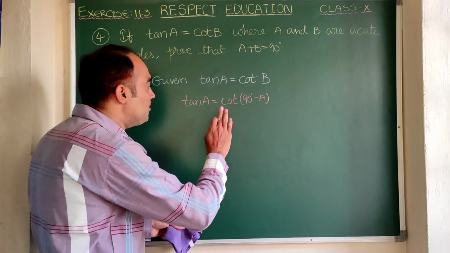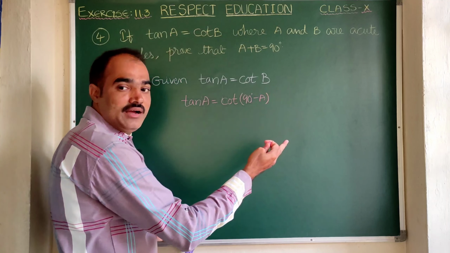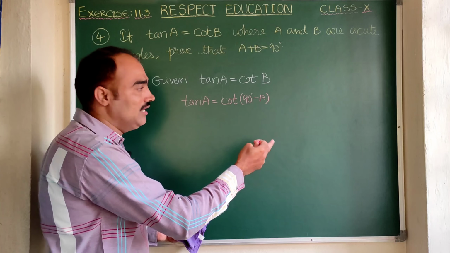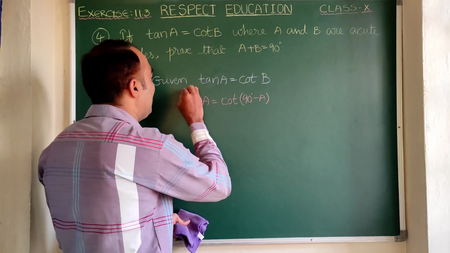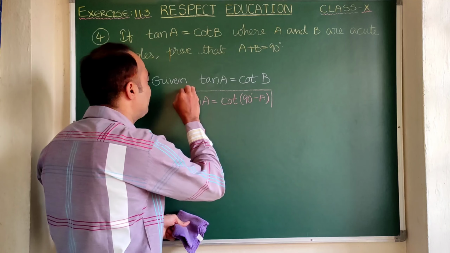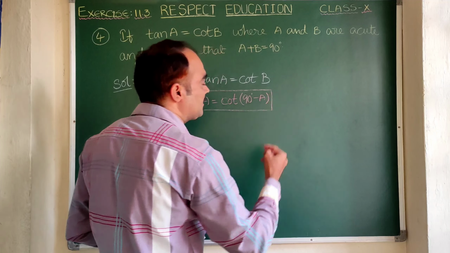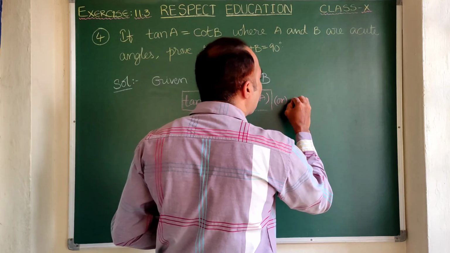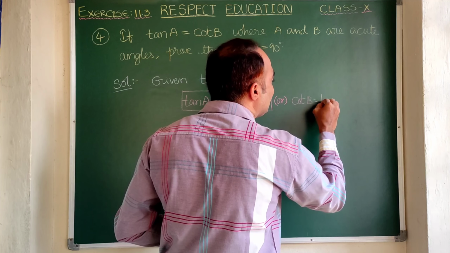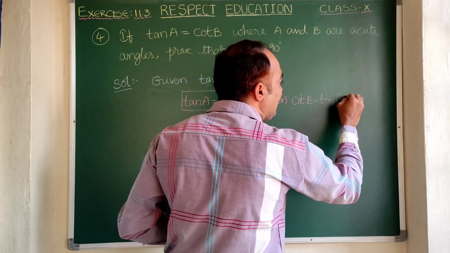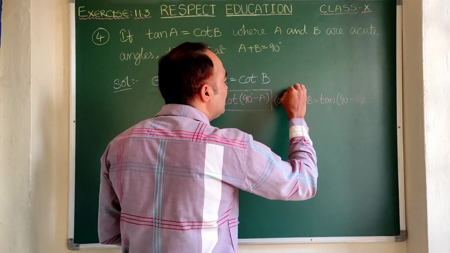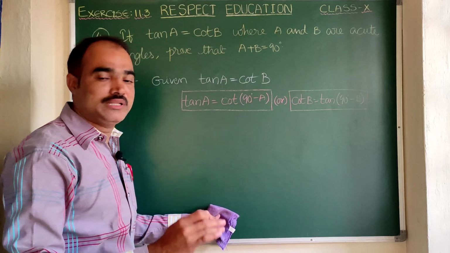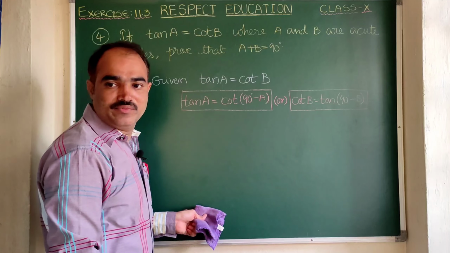Is it clear? Yes, sir. You use this formula, or you can use cot B. Cot B can be written as tan 90 degrees minus B. So you should use only one, either this formula or that formula. So for understanding, let us write here this formula, or let us change cot B in terms of tan B, that is tan of 90 degrees minus B. So you can use any one of these formulas, but you do remember that do not use together. Is it clear? Yes, sir.